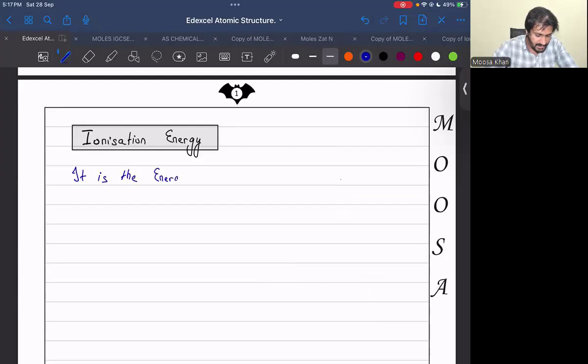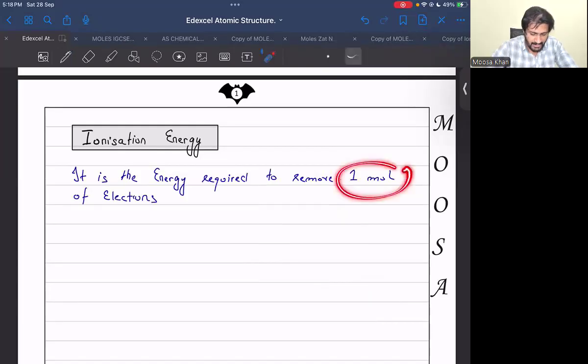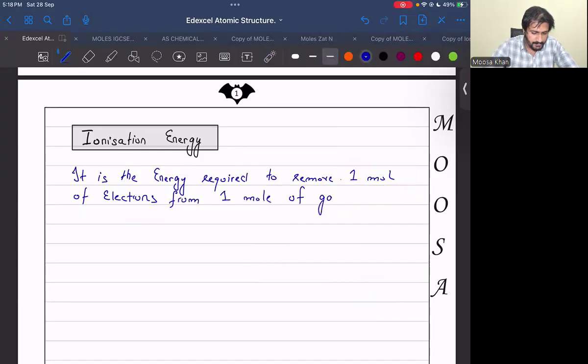It is the energy required to remove 1 mole of electrons. 1 mole of electrons would have Avogadro's number of electrons. That's why I have put an s after electron, because it has to be a plural quantity. So it is the energy required to remove 1 mole of electrons from 1 mole of gaseous atoms